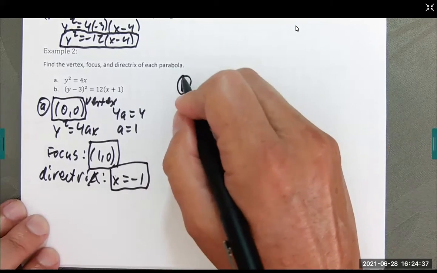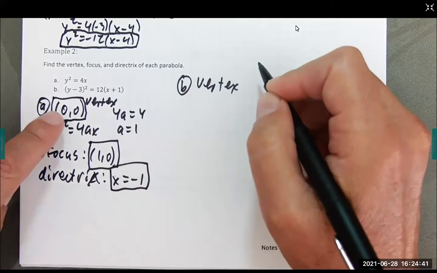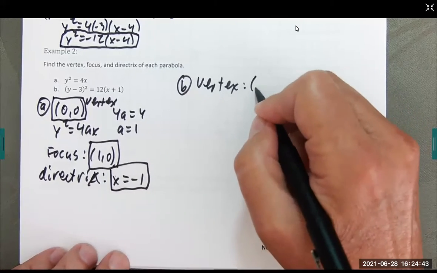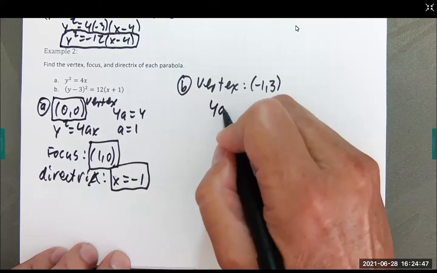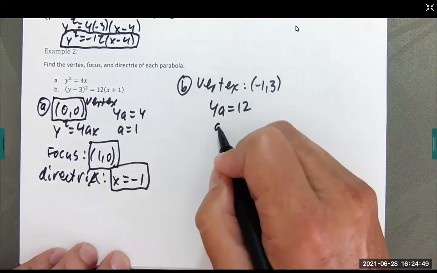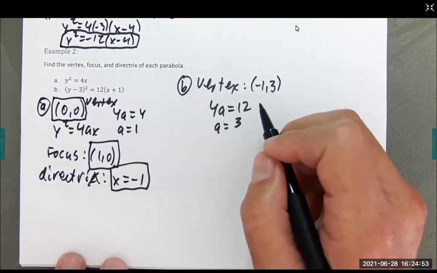B, vertex, that's easy. Remember, it's the opposite signs here. So this is going to be -1, 3. 4a is going to equal 12 in this case. So a is 3. So it looks like